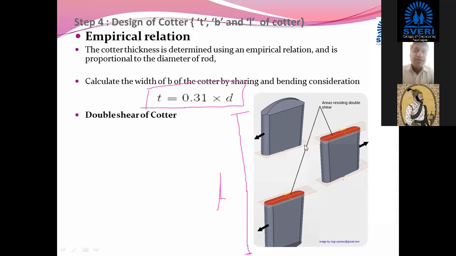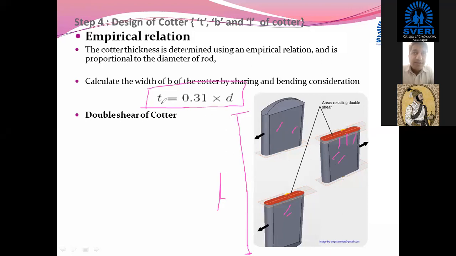While we are considering the design of the cotter pin, first of all the major stress which comes in this pin is the shear stress. This pin will undergo shear because this part, not exactly half, will come in contact with the spigot, and this upper part and lower part are coming in contact with the socket. So the socket is trying to pull to the opposite side of the spigot on the pin, and hence shearing is possible for this pin. So first of all, we will consider the shear stress, and later on we will calculate the other stresses, that is, crushing stresses also.